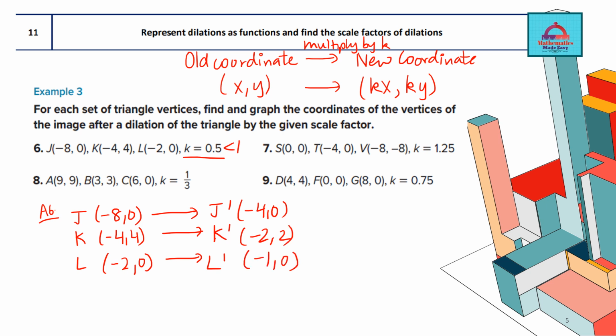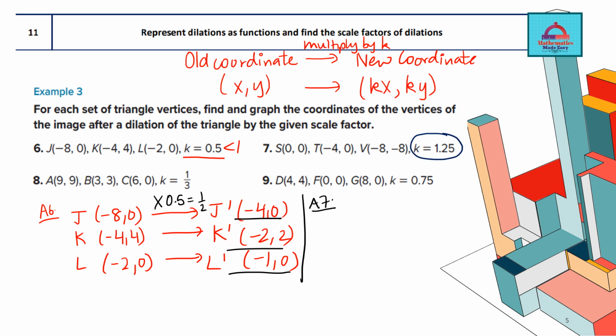Okay, so what did I do? I will change color and write I multiplied with 0.5 or 1 by 2. So that's how you get these new coordinates. That's the answer for 6th. Let's do 7th here. Now, if you look at question number 7, one glance and you know that the scale